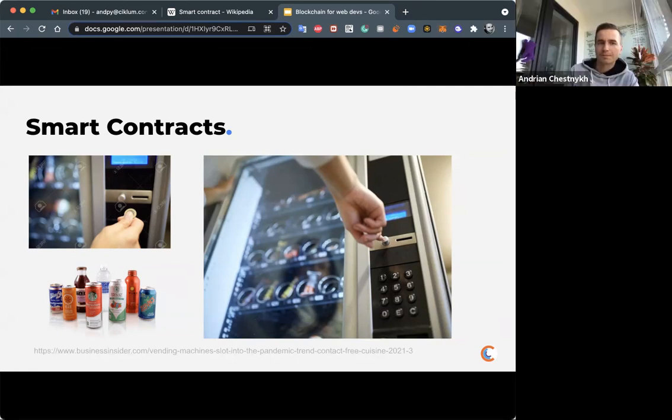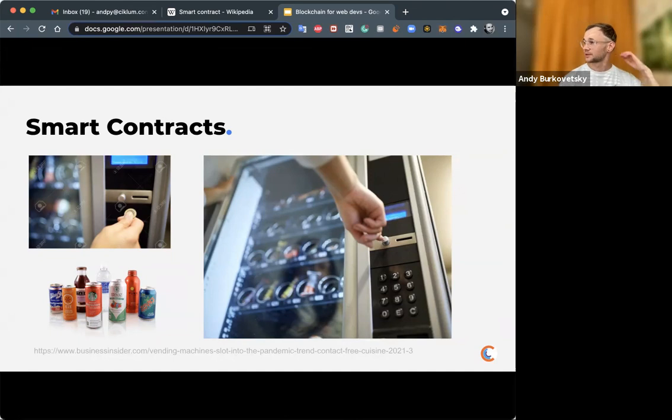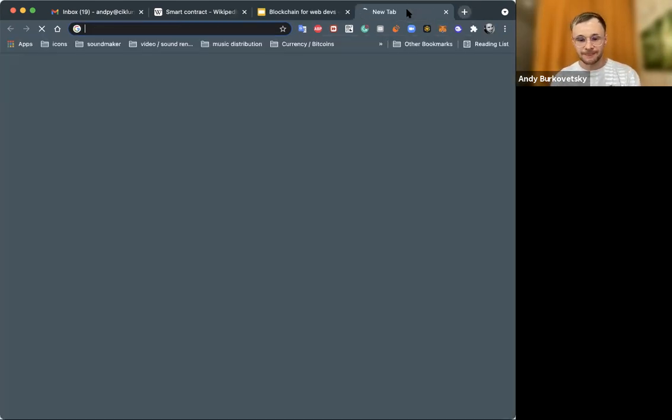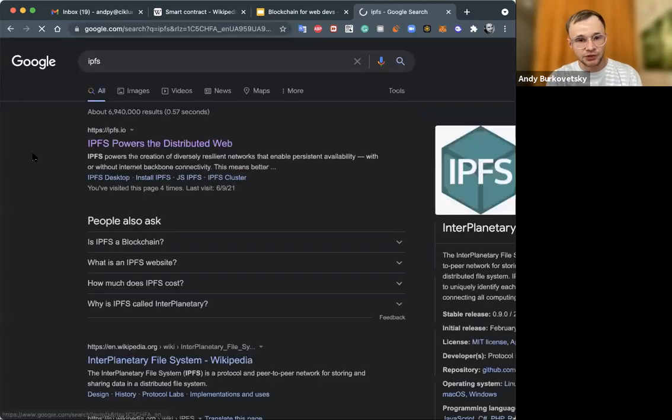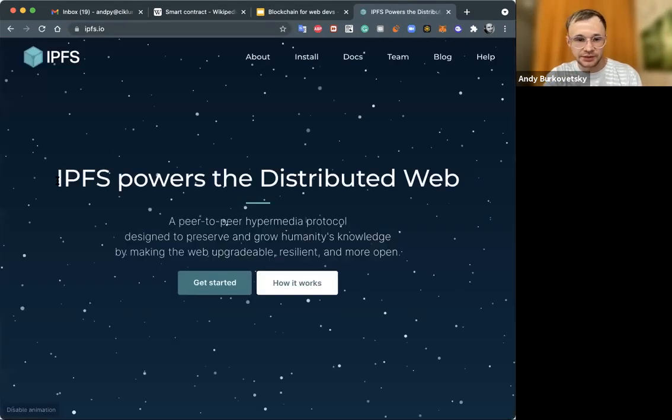Okay. So what I know about big data is you can try not to store big data on the blockchain. What we have are P2P networks like IPFS, the InterPlanetary File System, it's called. It's used as a file management platform for blockchain, and Ethereum specifically.